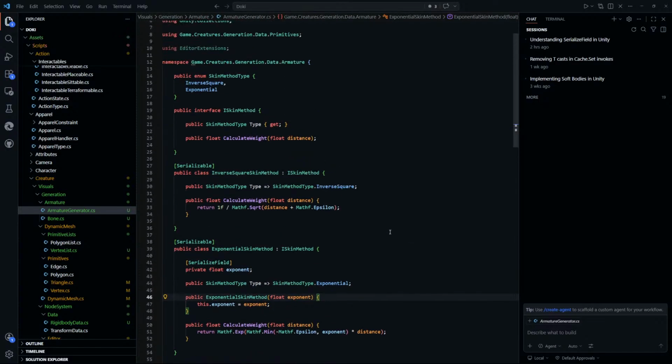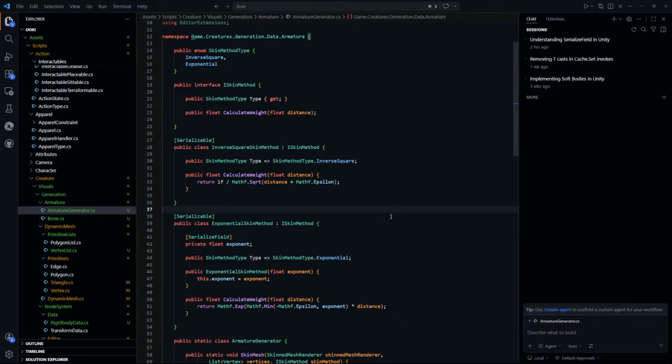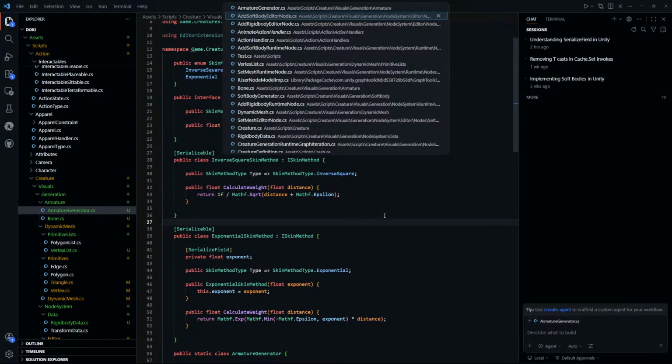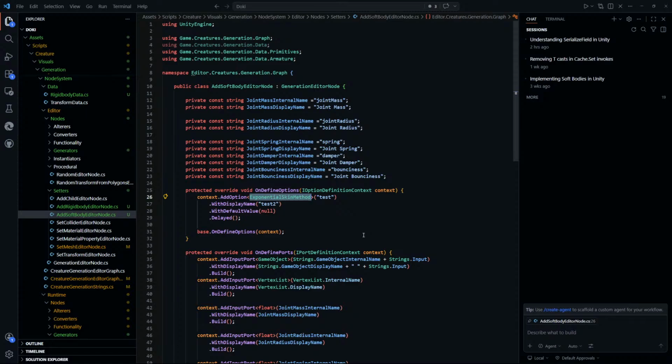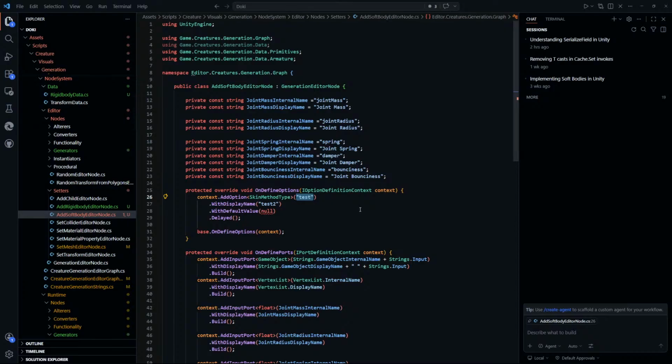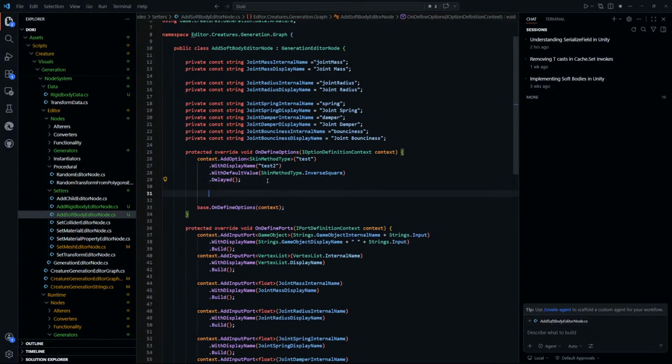Do something like this. But now it's not as nice anymore. And then in softbody editor node, we do add option skin method type. Then we have